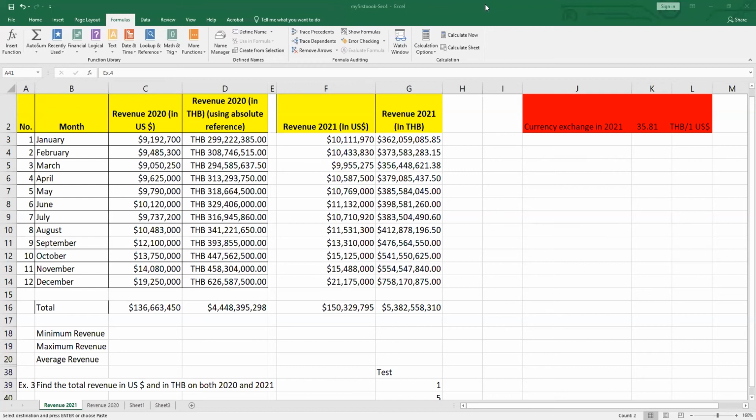And by the way, you can see that in here, because all of the symbols are not correct for the revenue in Thai baht, I have to change the formatting of the cells. Don't forget to change, otherwise you'll be confused. I highlight the cells that I want to change the format first, and then after that I change it to be Thai baht by clicking, choose format cells, and then change the currency symbol to be displayed as